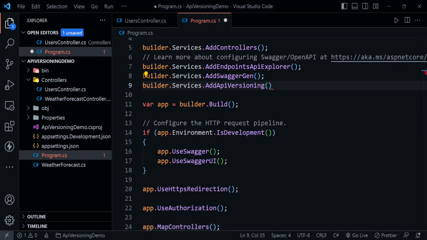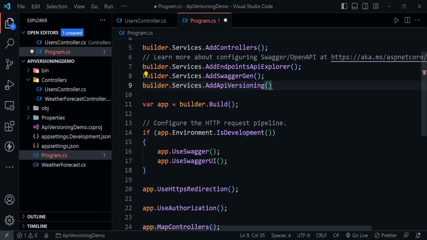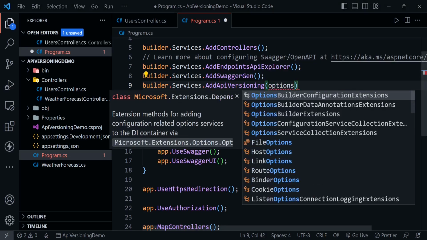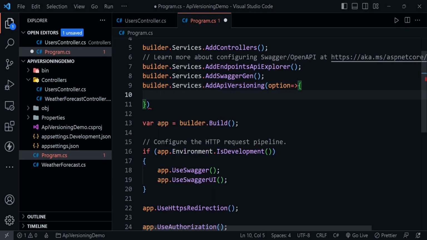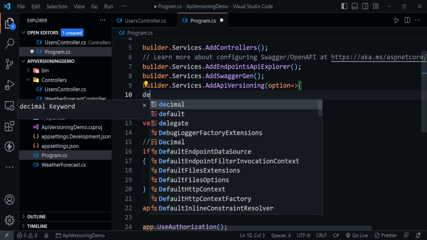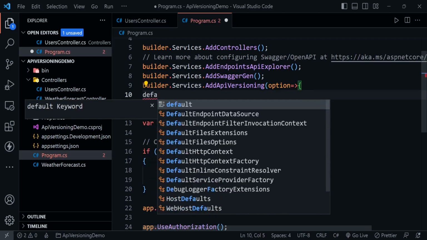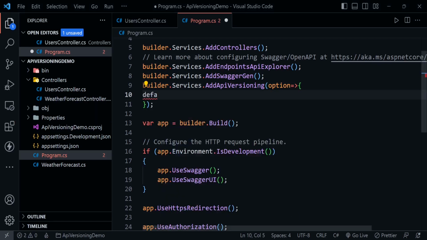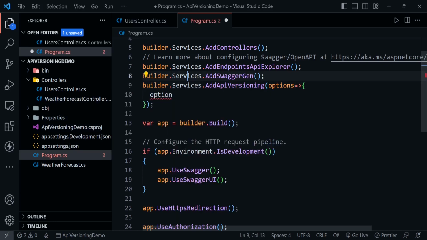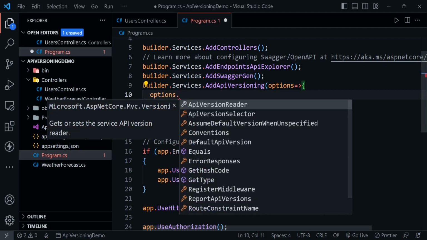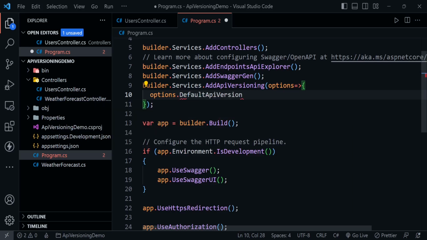So it is asking us for this delegate. Okay, so delegate is a kind of callback function. So let's create it here, options. So we need to define a default API version here. So let's type here options. It makes more sense. So here options.DefaultApiVersion equals to